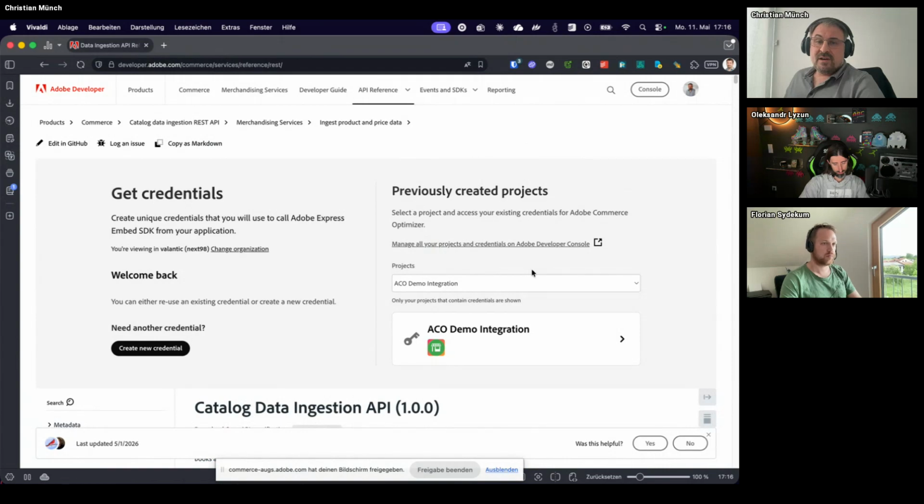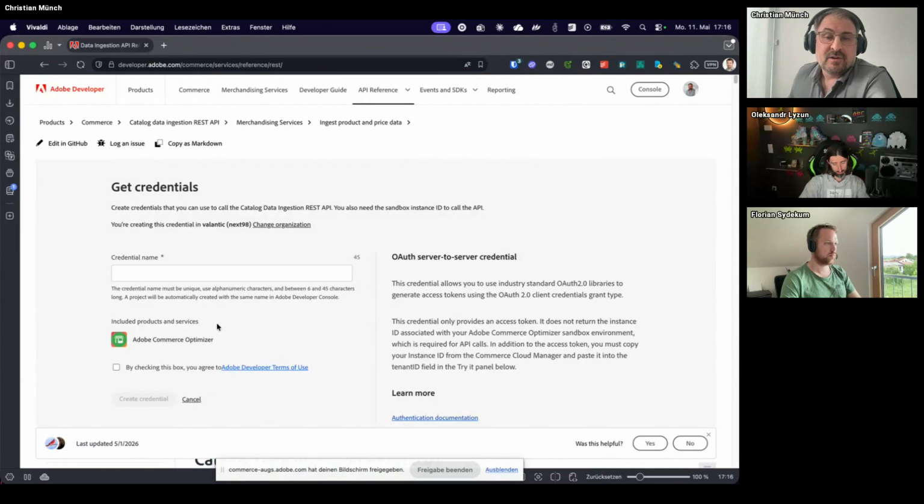That's why you see here on the right side my already created credential setup. But if you start from scratch, you should click here the Create New Credential button. What happens then is the wizard will create an App Builder project in the developer console and automatically register the right APIs and create the credentials there.